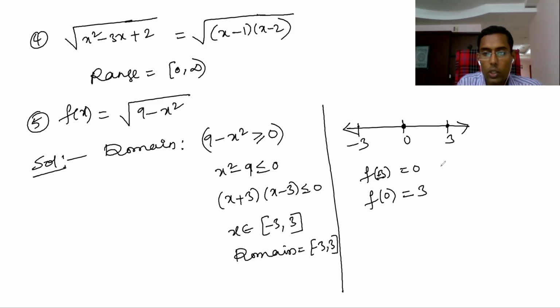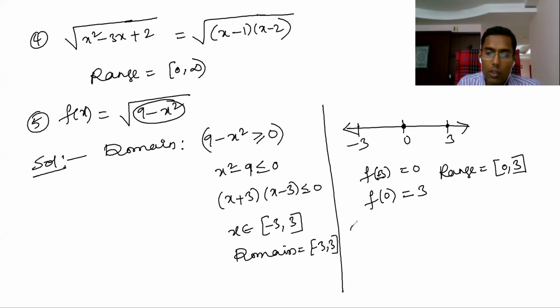So therefore, what is the range? Range is simply, you get a 0 minimum. To get the minimum, if you take x value 3 now, you will get the minimum, that is 0. To get the maximum value, you have to put x as 0. If you put x is 0, this is root 9, which is 3. So this is the range. This is one way.